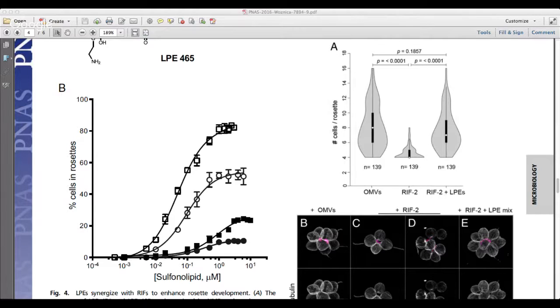They're called in some of the R literature probability density kernels, which I don't get, but the thing that I really like about these plots is, if you're thinking in the engineering mindset, how well are we mimicking our biological system? We know that OMV is kind of the best case, aside from having full-on A. matropongensis. The fact that you have a slimmer but still recognizable snot sucker distribution on your far right is nice, because you can use this variation in the distribution of rosettes to know we're really close to simulating the biological process of rosette formation with the parts we've added in, whereas with the RIF2 alone, it's very clear that you're getting